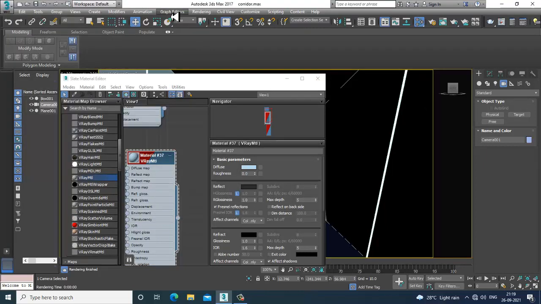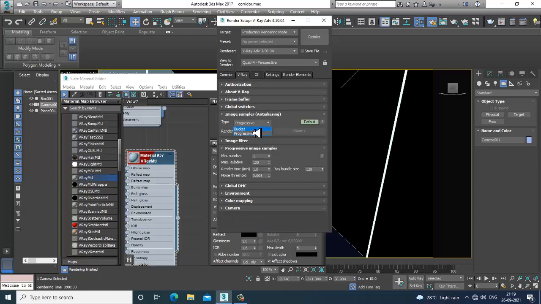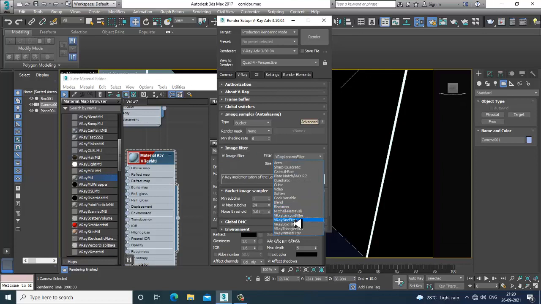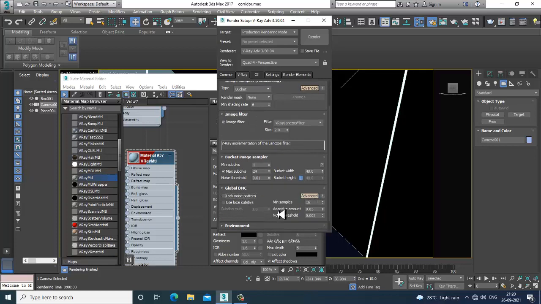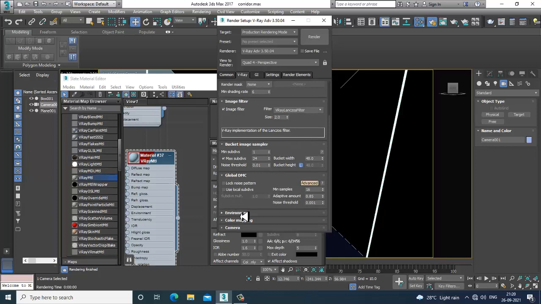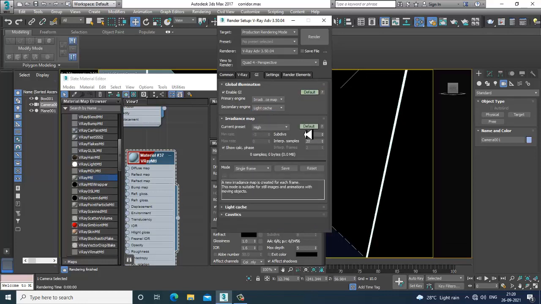I'll go into rendering, into render setup over here. I'll go into this V-Ray. I'll do a few settings over here. I'll make it Lanczos filter, global DMC. Okay, I don't need the environment part. Irradiance map, light cache. I'm just making a few changes to it over here.